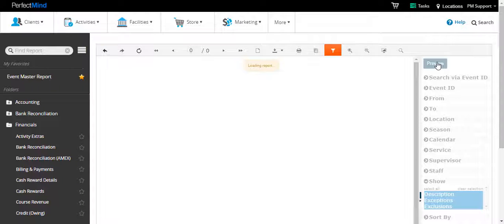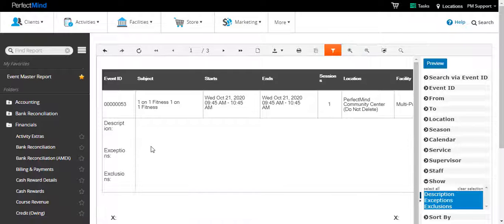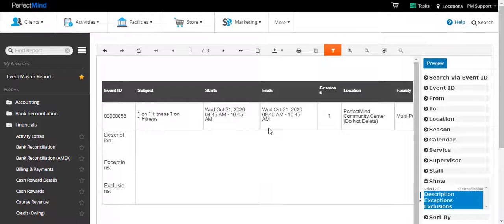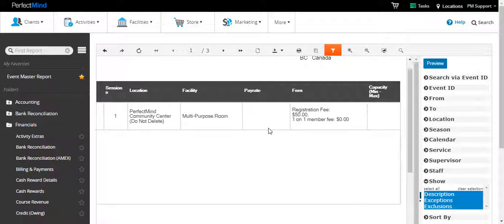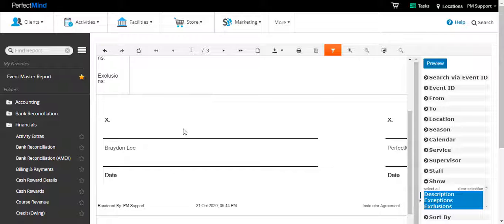We'll hit preview, and here's what we see when we run it. We'll do a quick zoom in. You can see the event ID. There's no description or exception or exclusions. We can see a number of sessions. No pay rate was attached to this particular course, but you can still get the instructor to sign and date